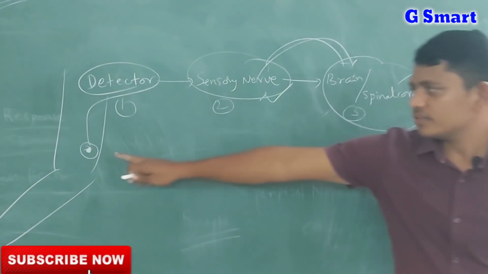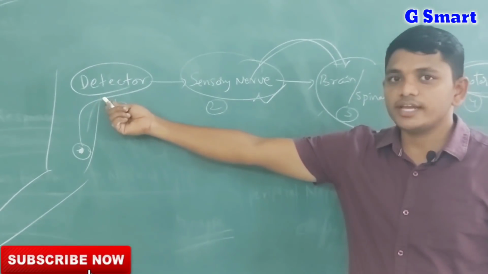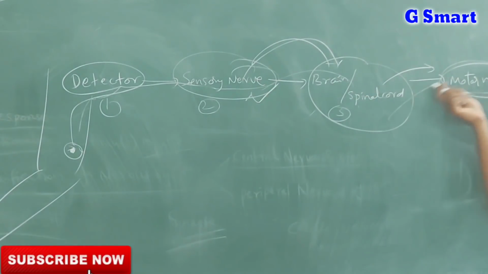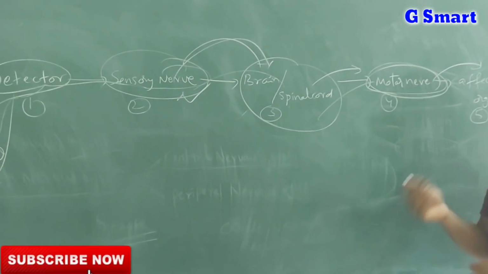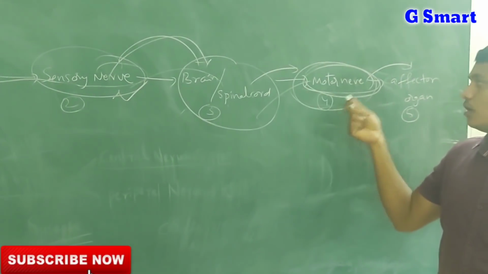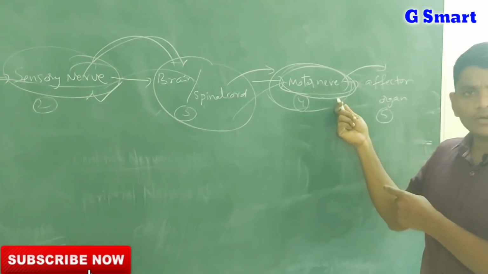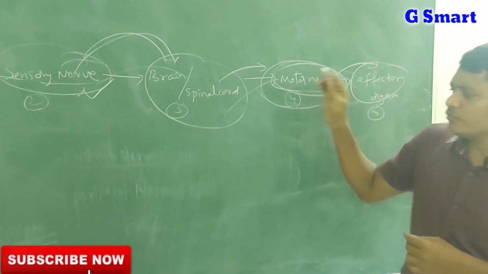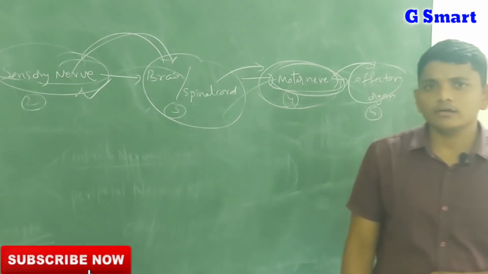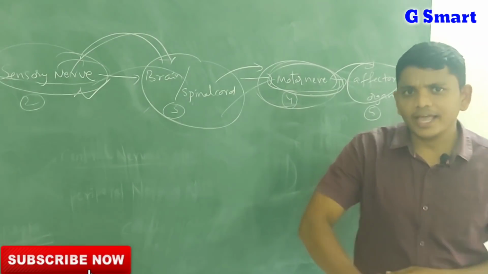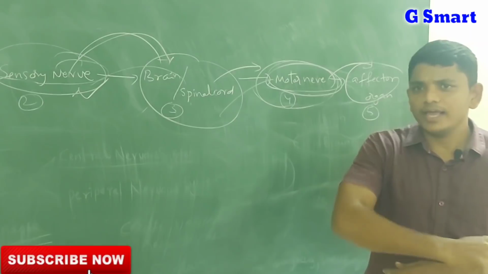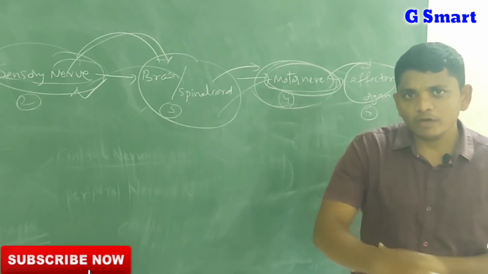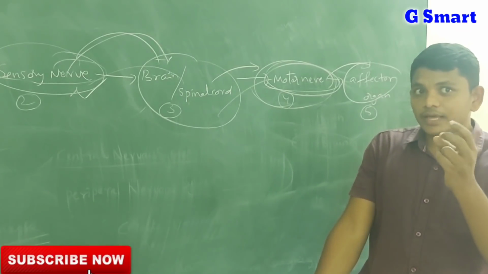For example, if anybody touches here, immediately the information is detected by the detector and sent to the sensory nerve, to the brain or spinal cord. Then the spinal cord and brain give the response. This response is carried forward with the help of the motor nerve, which passes it to the effector. If the information comes to the hand, we have to drag our hand back, so the hand will be dragged like this. Moving of my hand happens only with the help